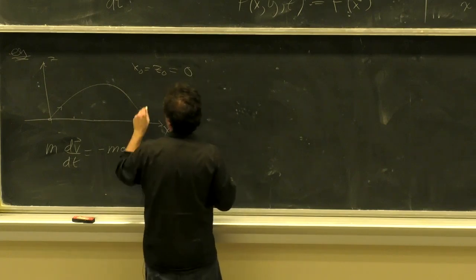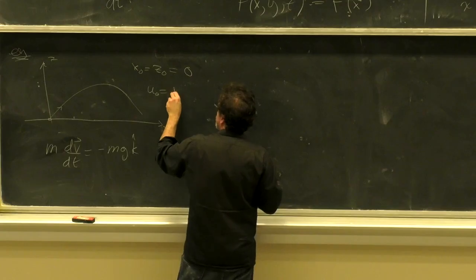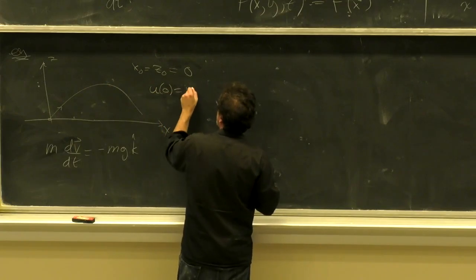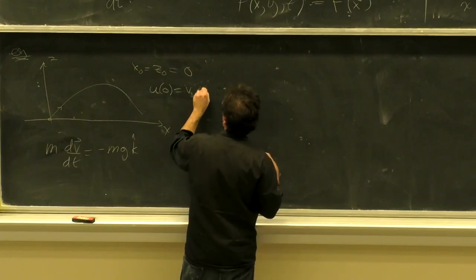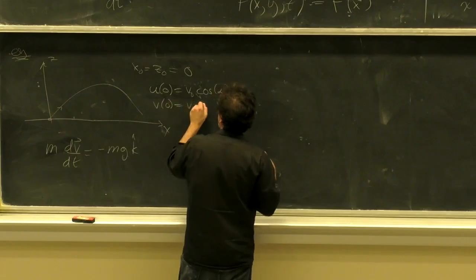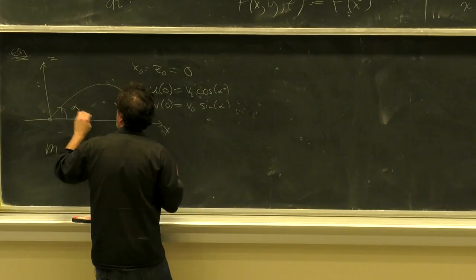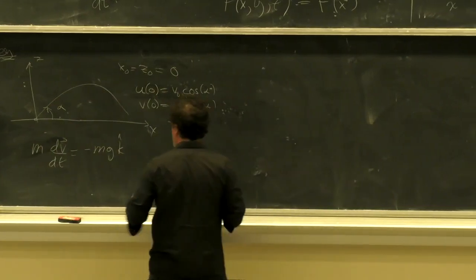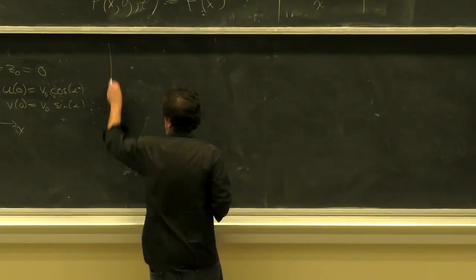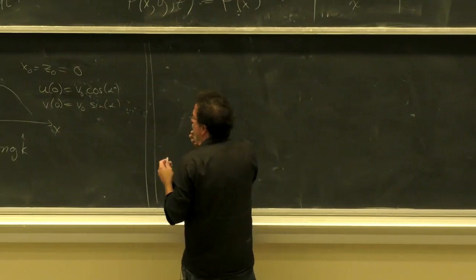And I'm going to start with an initial velocity: u of 0 equals v0 times the cosine of an angle, cosine of alpha, and v of 0 equals v0 times the sine of alpha. And so alpha is your pitch angle here, where you throw that baseball at that angle. If we go through this problem, I did this for the drag problem, we should realize that